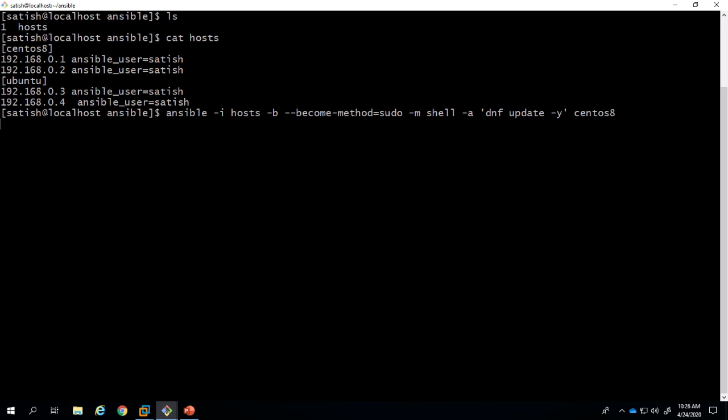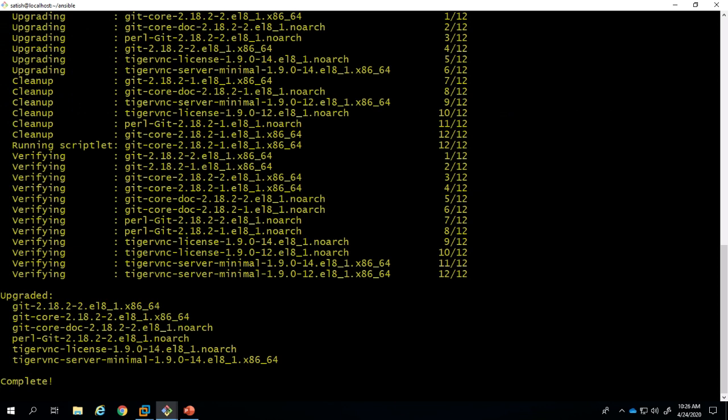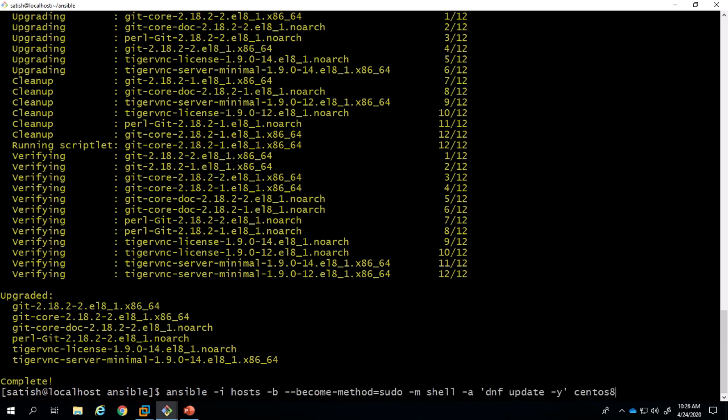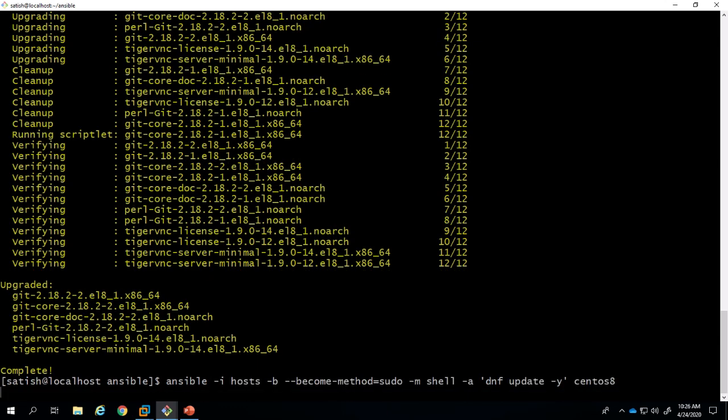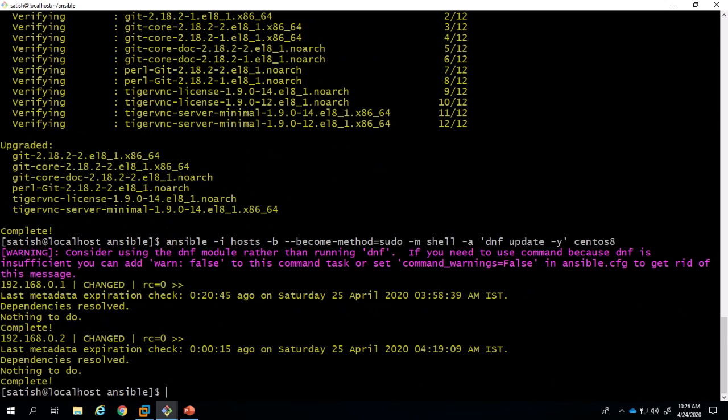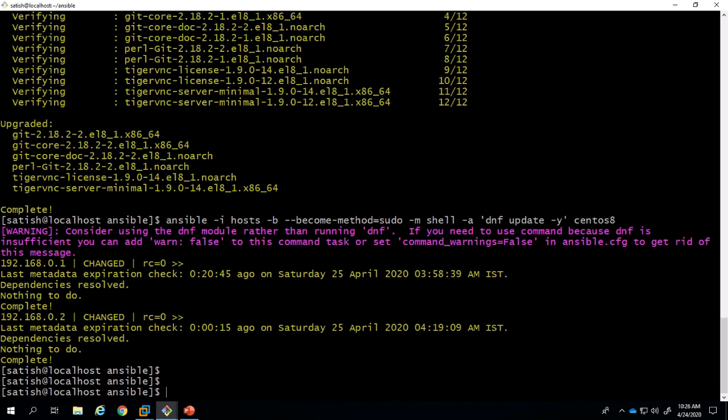Yeah, it's done now. The upgrade has been done. These two CentOS hosts, 192.168.0.1 and 192.168.0.2, are updated.